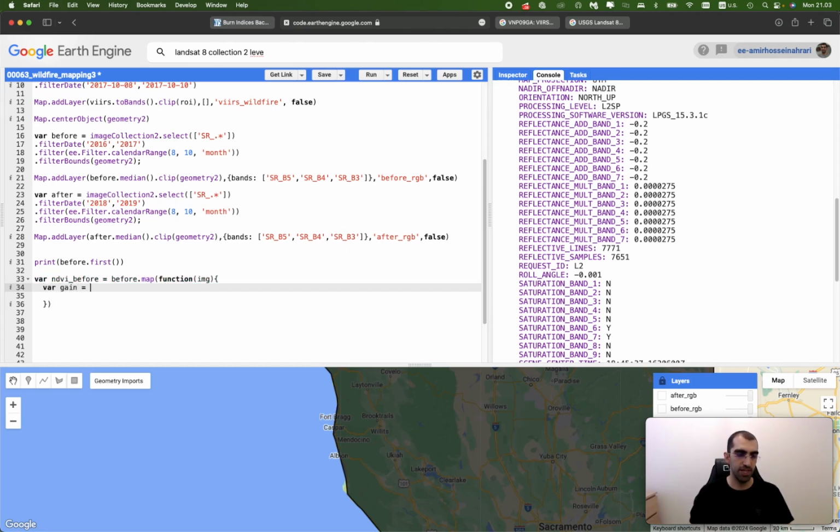To do this, I'm making a gain first from each input image. When you want to get something from properties, you need to use .get. When you want to select a band, you need to use select. But for working with properties, you need to use .get. So the reflectance add band .get, I'm going to get the reflectance add band, and need to convert it from a string to a number using ee.Number, and then